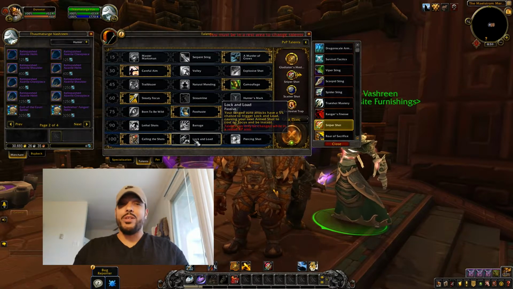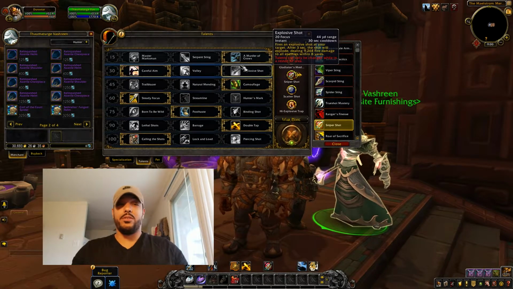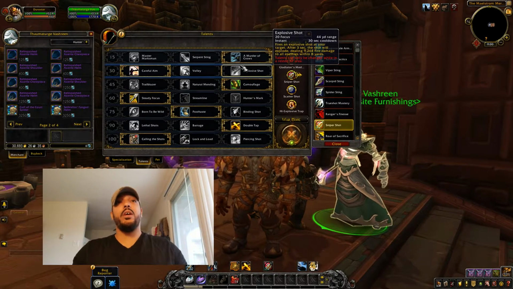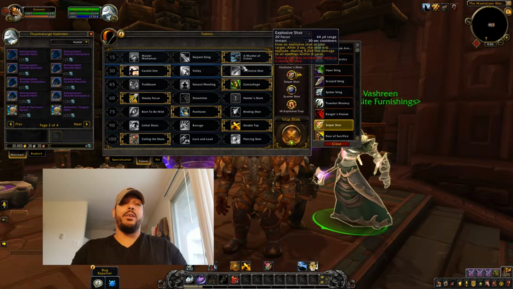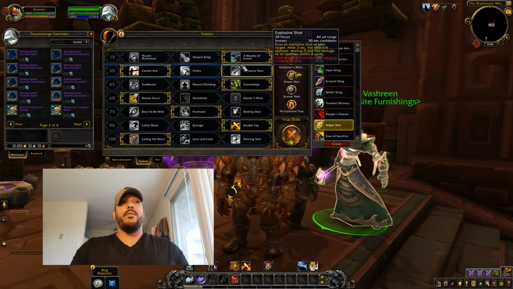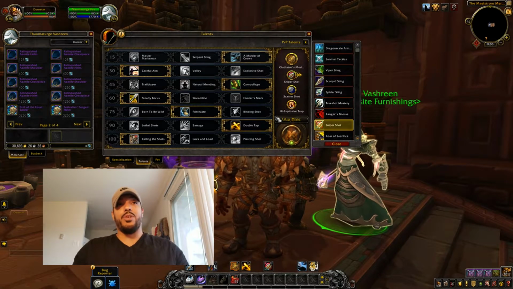And then you have 3 stacks of steady aim trait. Okay, so it'll continue as it's going on now. You have 1 stack of unerring vision, and unerring vision, I'm playing with it on live. It feels good when you don't have a lethal shot proc to guarantee your aim shot, your rapid fire,